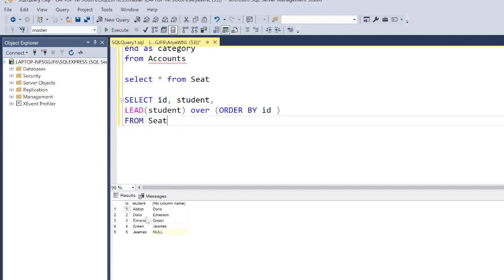Okay, so as you can see, in front of Doris it is now Emerson, and in front of Abbott it is Doris. Okay, so now let me use LAG as well. So LAG, and I want to write all the keywords in capital letters, right? So LEAD, LAG of this student